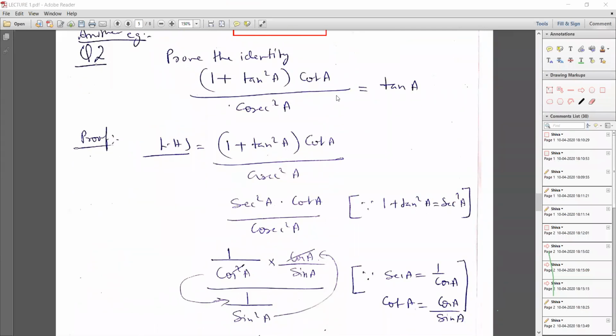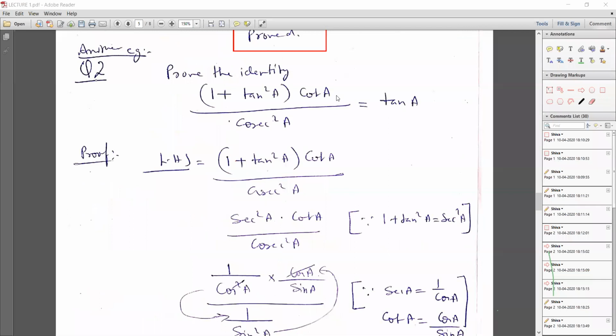Now I'm coming to another example. I have taken the example from your book only: prove the following identity, 1 plus tan square a into cot a upon cosec square a is equal to tan a. So what I can do, in place of 1 plus tan square a,